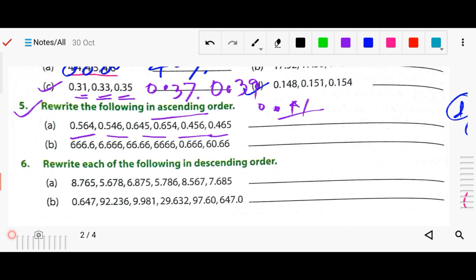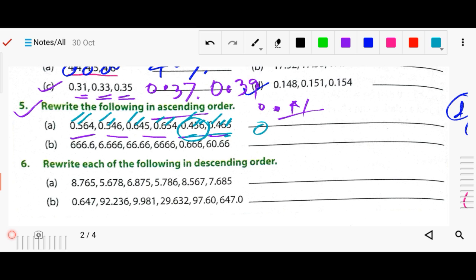First of all we check the digit. Here the extreme left is 0, 0, 0 and 0, so no conclusion. Then we check the next: here is 5, again 5, here is 6, here is 6, here is 4 and here is 4 again. So 4 will be the smallest. Where is the 4? In these two there are 4. Now we check the next one. Here is 5 and here is 6, meaning 0.465 and 0.456. Among these which one will be the smallest? Of course this one.